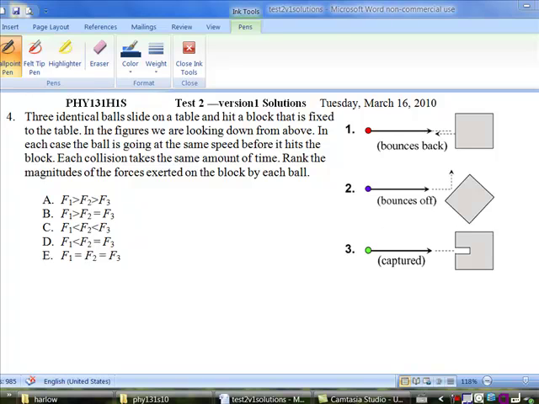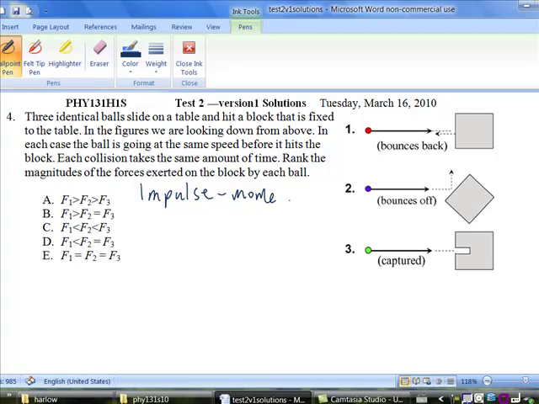Each collision takes the same amount of time. Rank the magnitudes of the forces exerted on the block by each ball. So here's a bunch of forces. So the whole idea, there'll be an equal and opposite force of the ball on the block and the block on the ball. So I'm going to just use the impulse momentum theorem, which is, we can call it here,